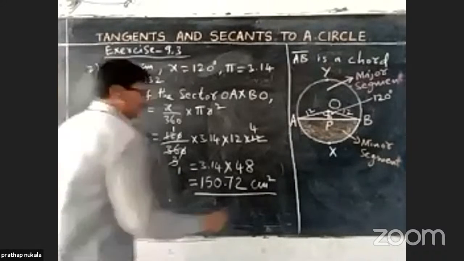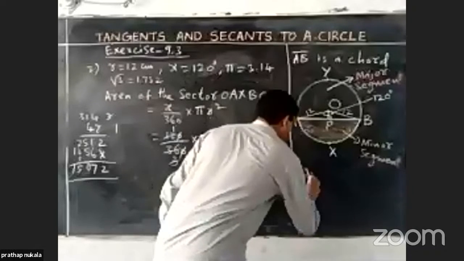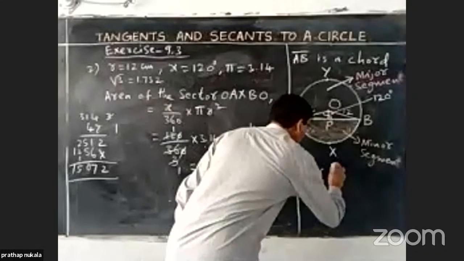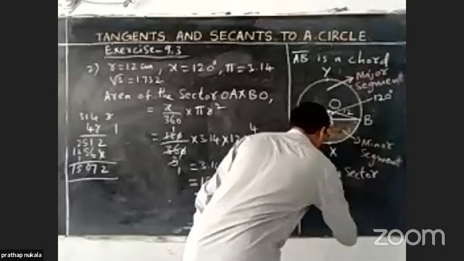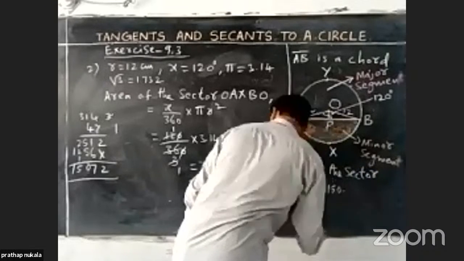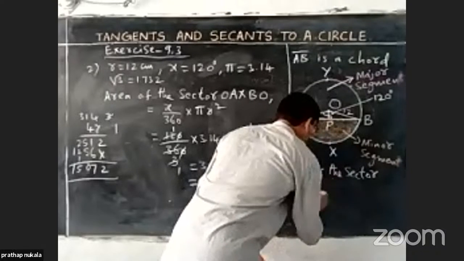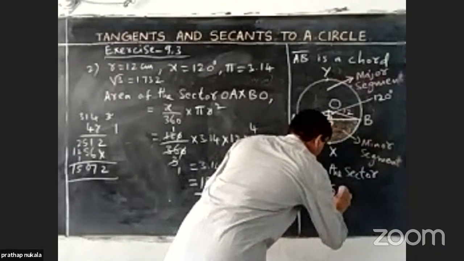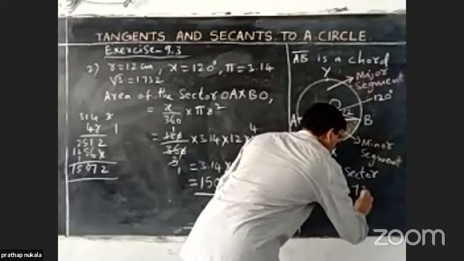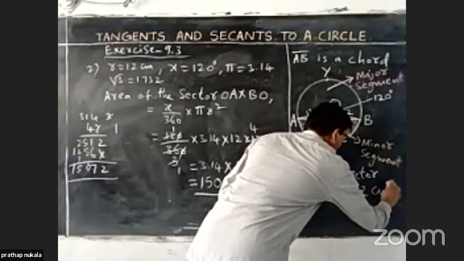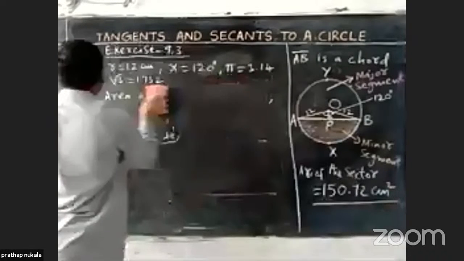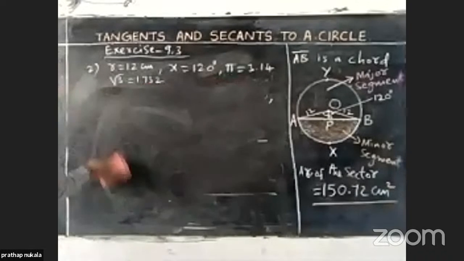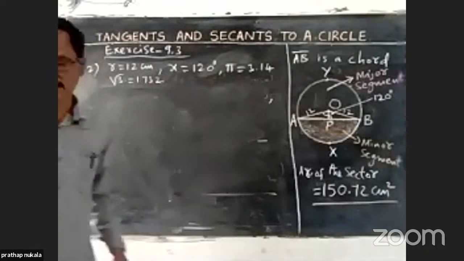Area of the sector: already we got the area of the sector equal to 150.72 centimeter square. This is the area of the sector. Now, to find the area of the triangle,